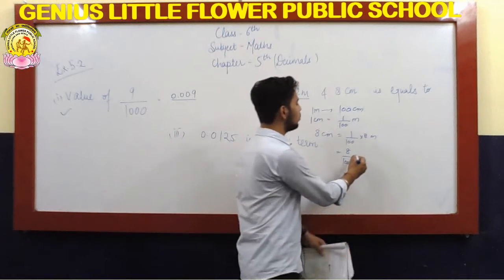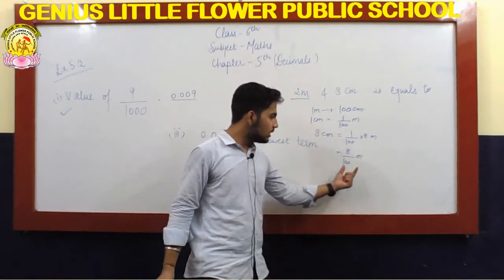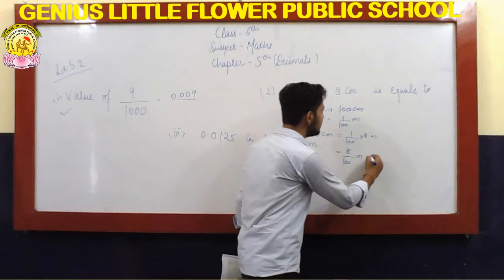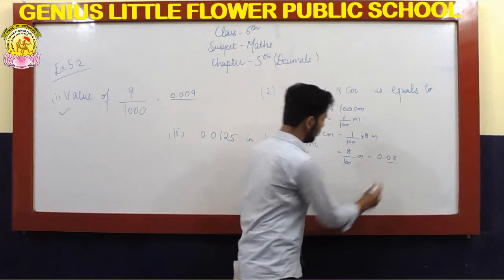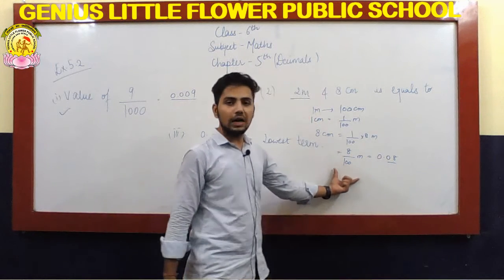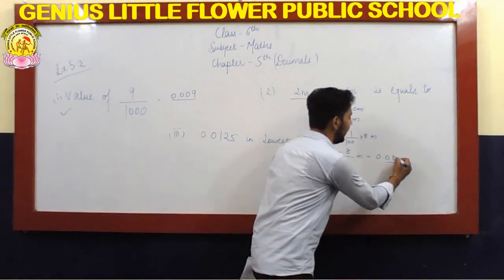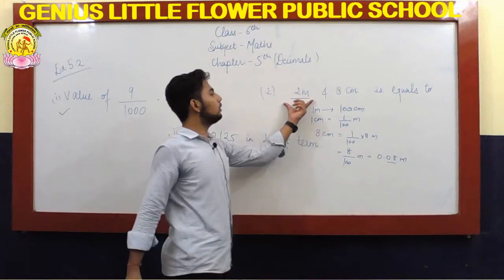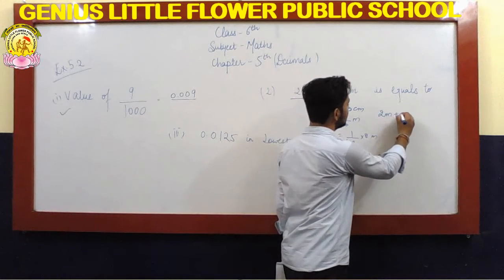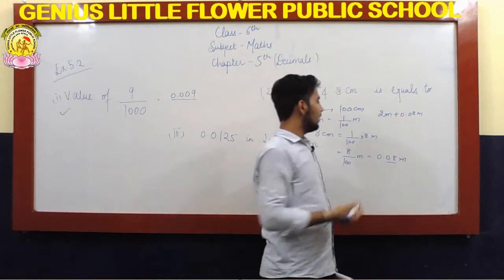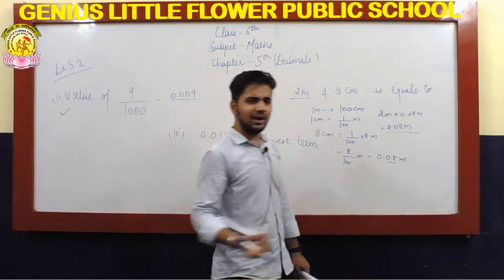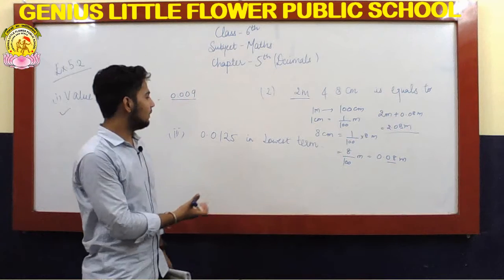And everyone knows how to convert this into decimals, as we have 2 zeros. So we place a 0 here and then the decimal. The exact decimal is 0.08. Look, we have placed the decimal after 2 digits because in the denominator we have 100. So we have 0.08 meter and the whole part is 2 meter. Now we can add these: 2 meter plus 0.08 meter, and the resultant will be 2.08 meters. That is quite a simple sum. We have to do the little conversion and we will get our answer.